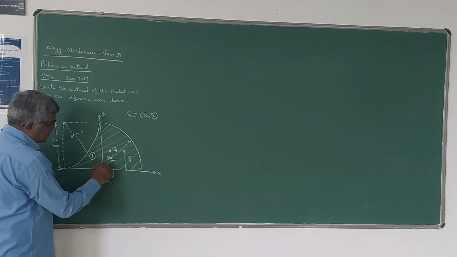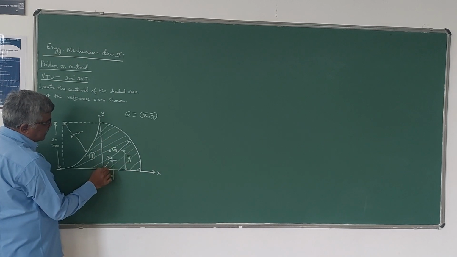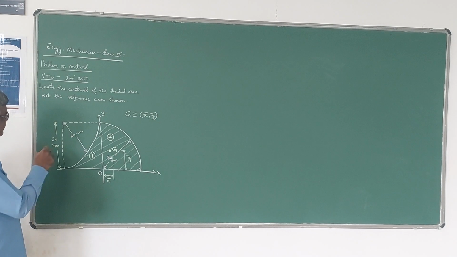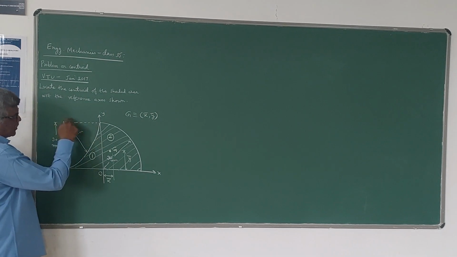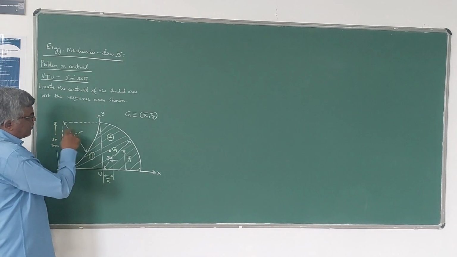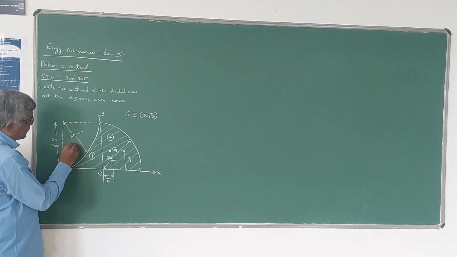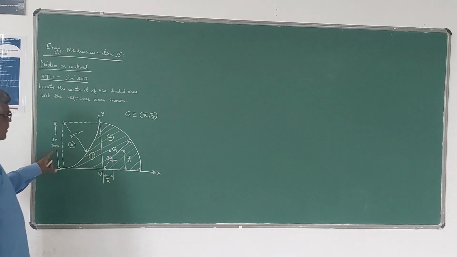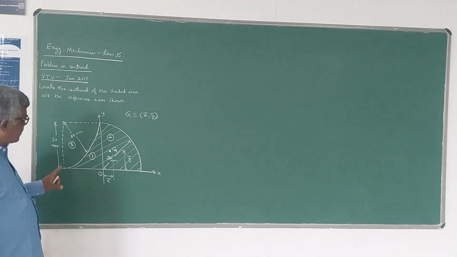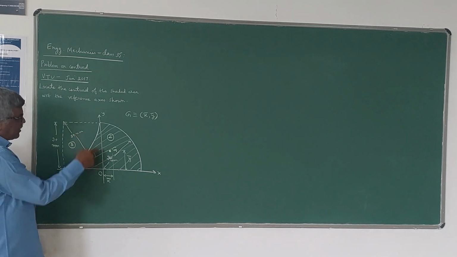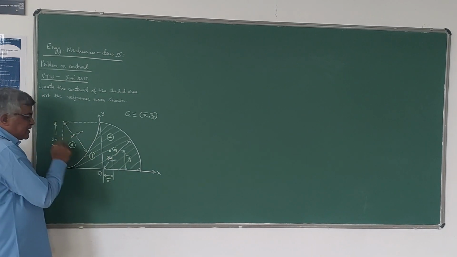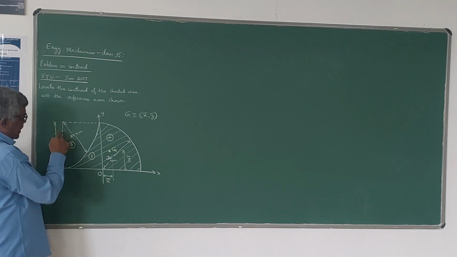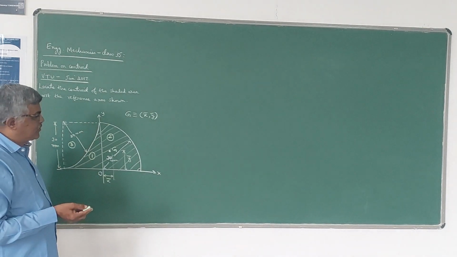Second one is this quarter circle. This quarter circle is having once again radius 30 mm, that is given. Number 2 is a quarter circle. Number 3 is another quarter circle, but it is a cutout portion. You can see that this is a hole made from this entire section. So number 3 is a quarter circle, but area is negative. It is a cutout portion. So your total area of this composite section, sigma ai, will be A1 plus A2 minus A3. A1 is the area of this square, A2 is the area of this quarter circle, A3 will be area of this quarter circle, which is negative.